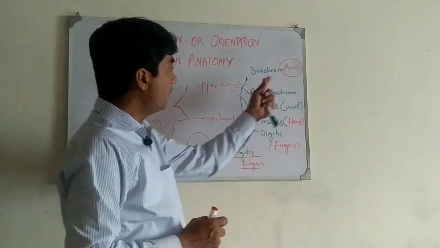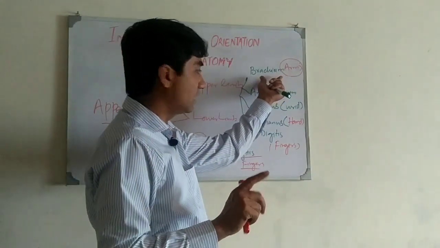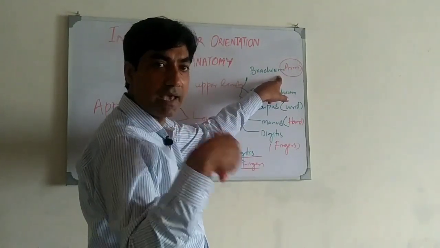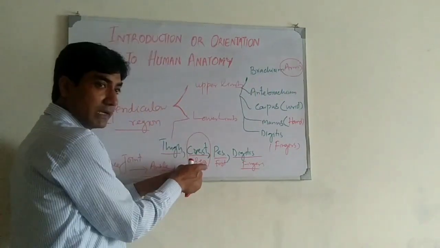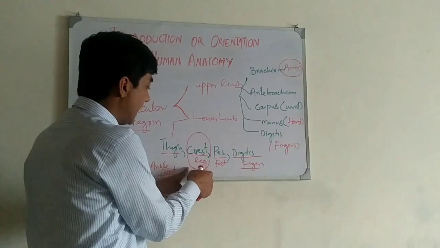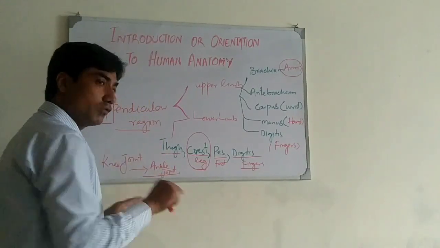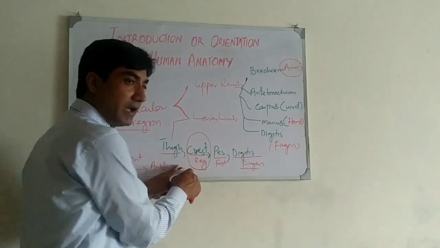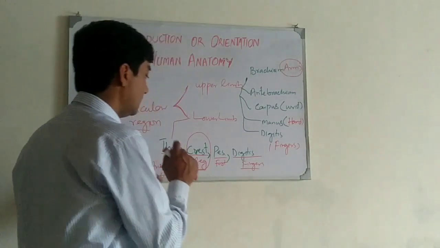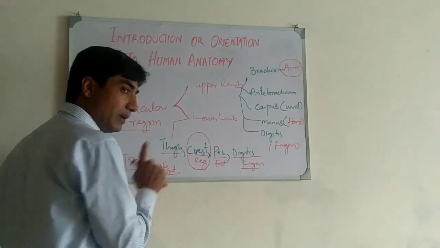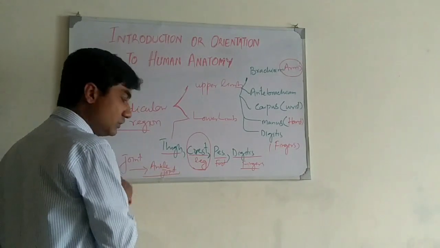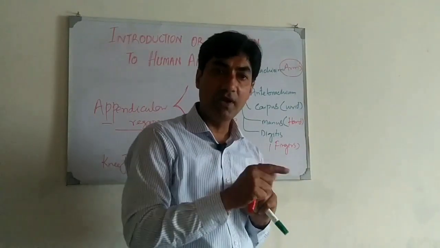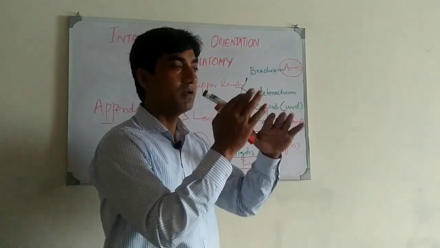When we are talking about the arm, again listen: the arm is from the shoulder joint to the elbow joint. When we are talking about the leg, what is the leg? The leg is the portion from the knee joint to the ankle joint. We will not say the leg is from the hip joint to the knee joint. The proper leg is from the knee joint to the ankle joint. This was the appendicular region. So we will discuss in the next lecture the different body cavities and membranes.